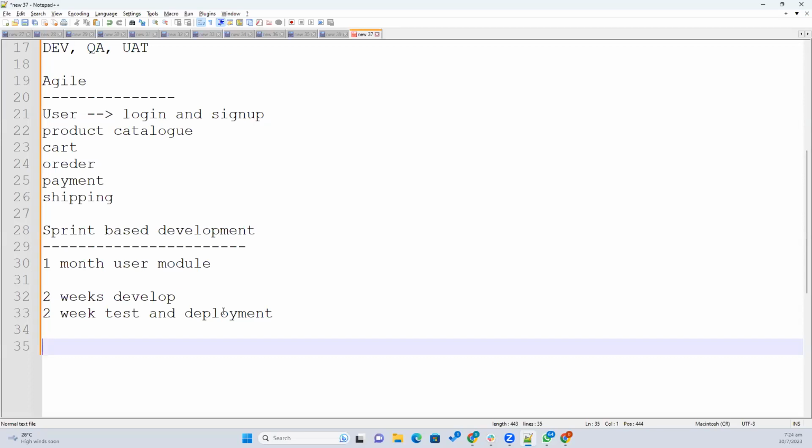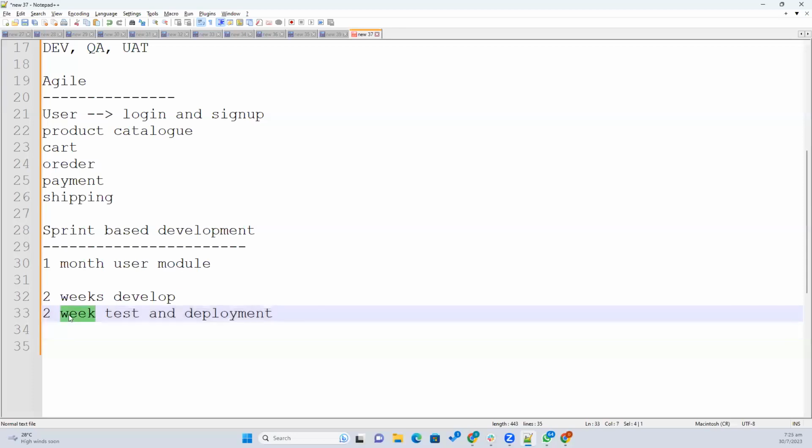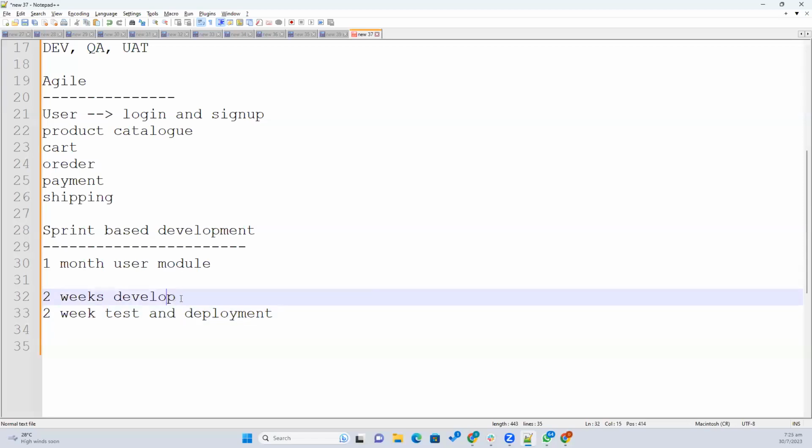But after a few years we found some improvements and some defects in this process. For the first 2 weeks when the developers are working, the testers and the deployment guys may not have much work. What developers were thinking is, we are the only ones working for the project, and these guys are always free. They are just doing simple deployment and testing. Everything is developed by us. That's what developers were feeling at that time.